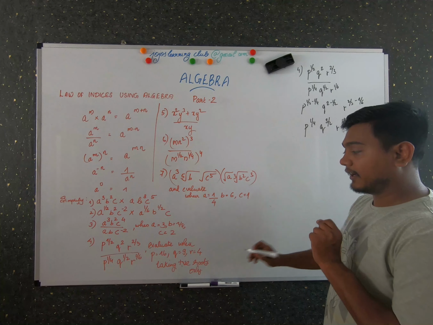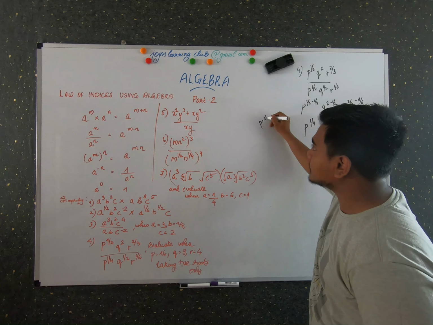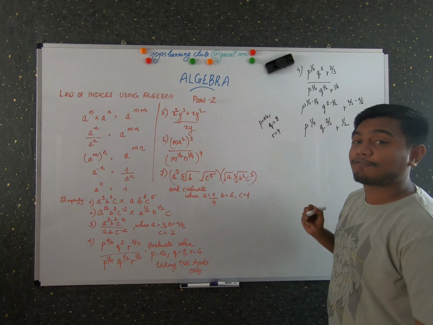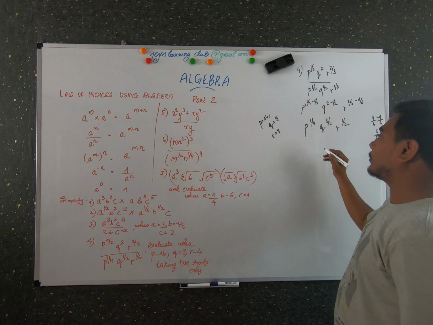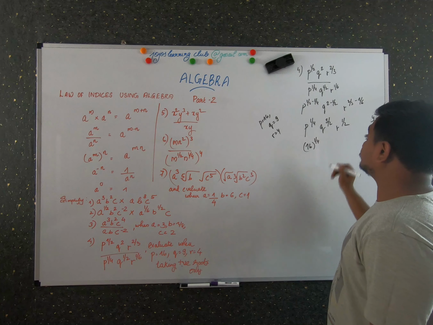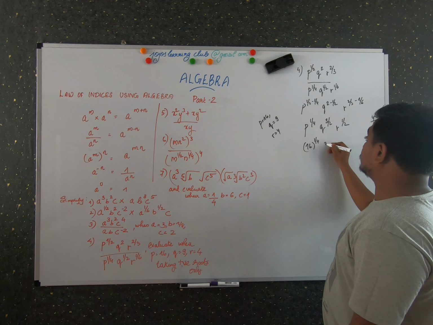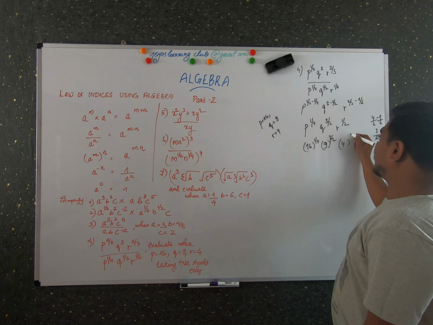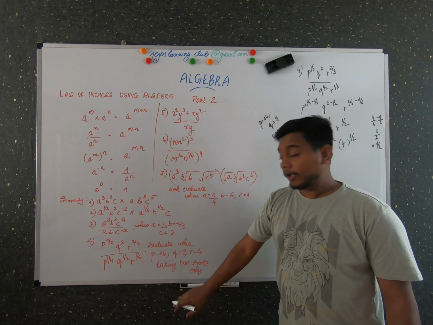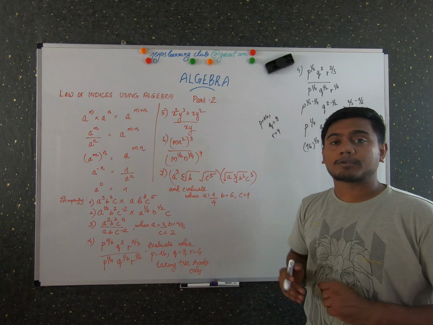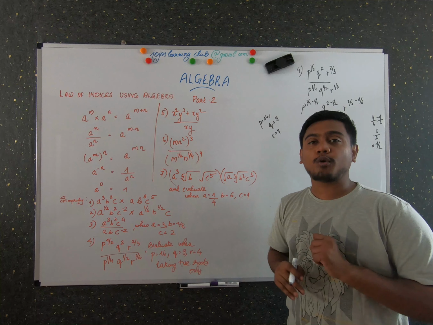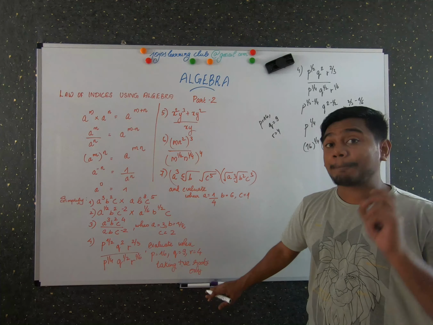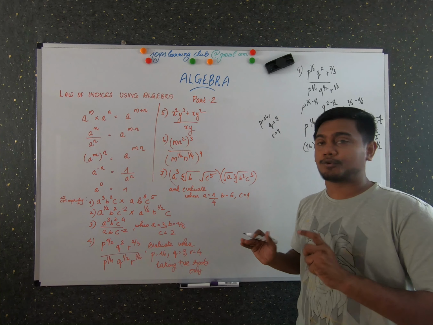And to notice here, P's value is given as 16, the value of Q is given as 9 and the value of R is given as 4. So what you have to do is just apply all these. So 16 raised to 1 by 4, and Q's value is given as 9, raised to 3 by 2, and R's value is given as 4 raised to 1 by 2. Again here one more condition is given: take only positive roots. Why? When you take a square root you have two values, plus and minus. That's why in this question it is specifically said to take only the positive roots, right?